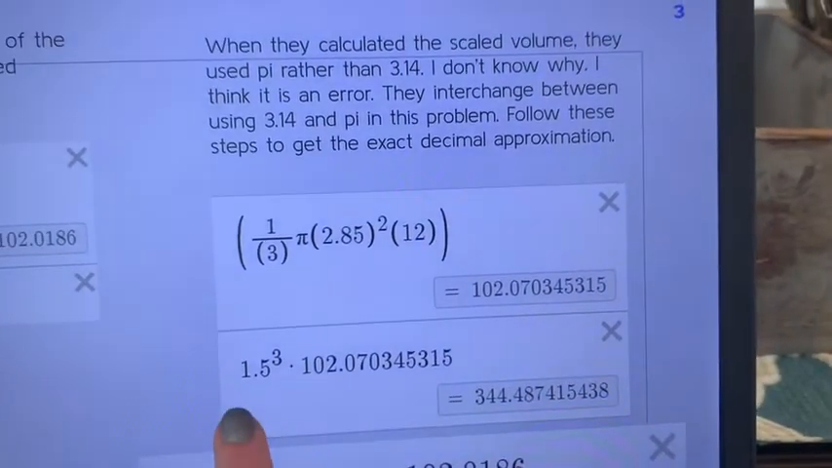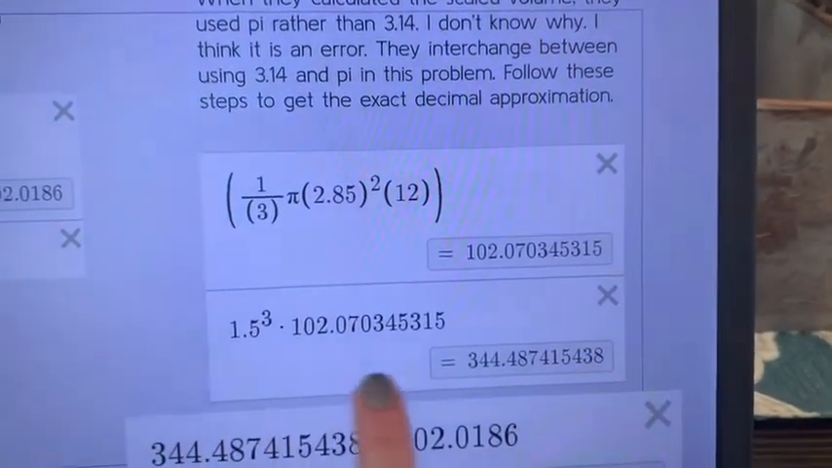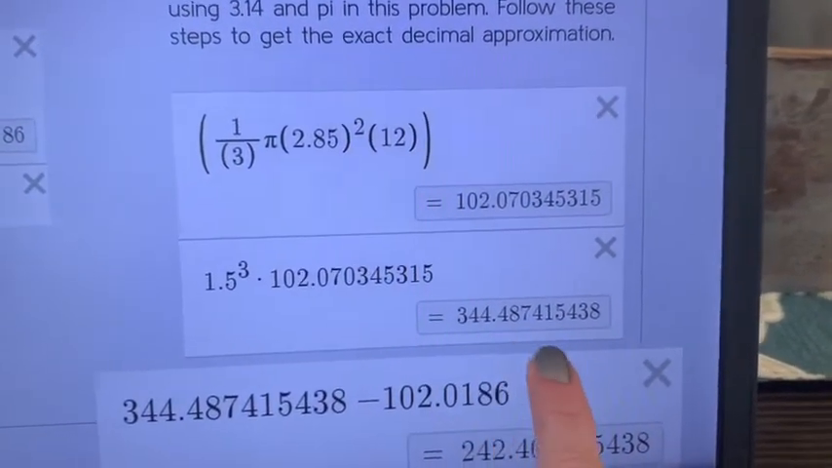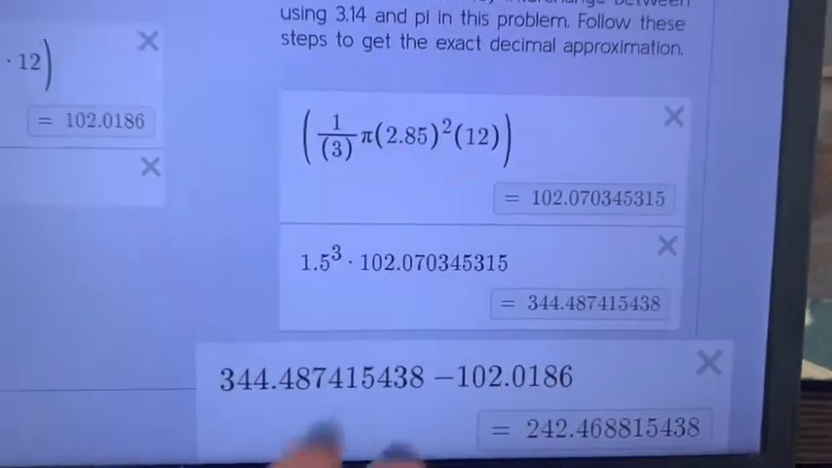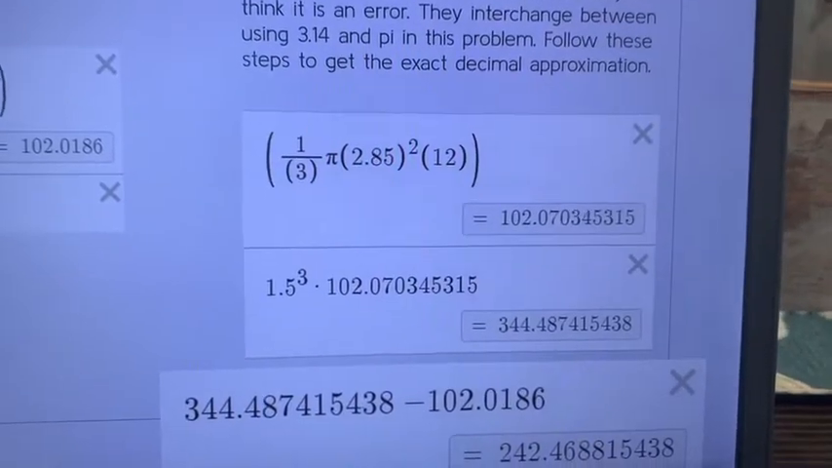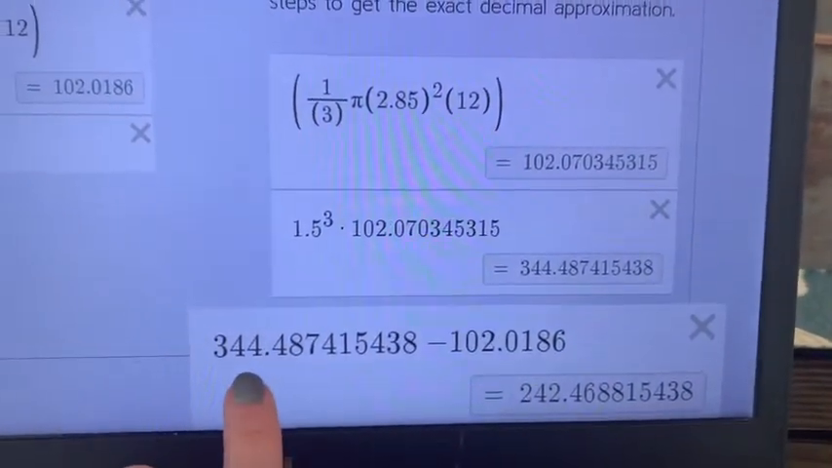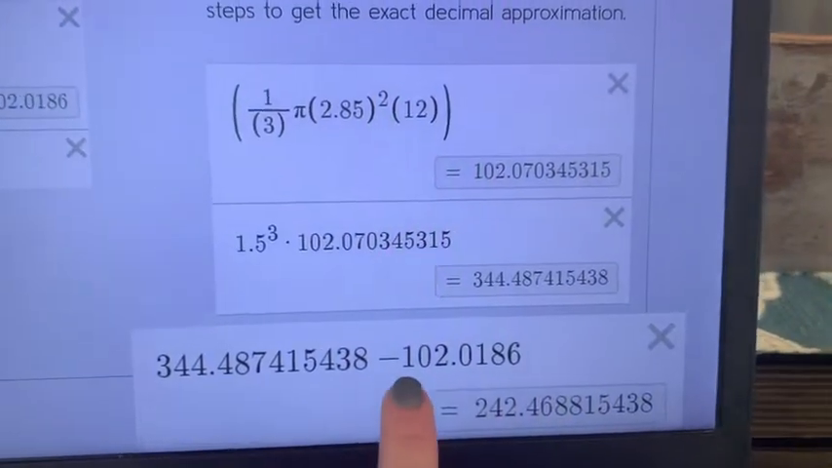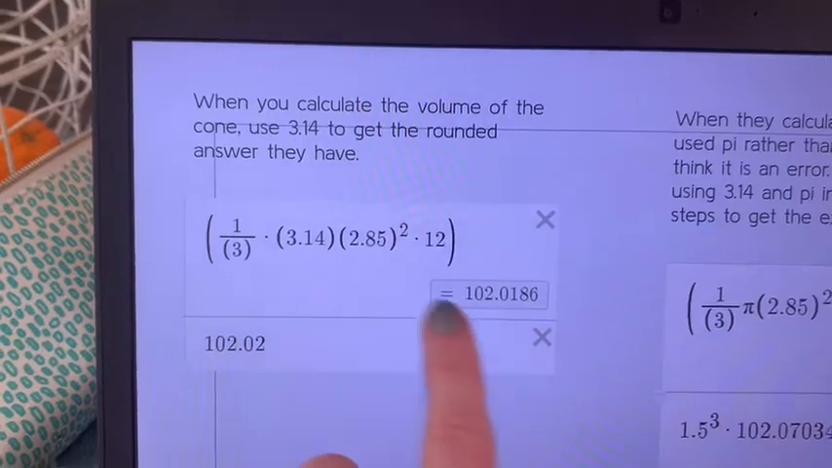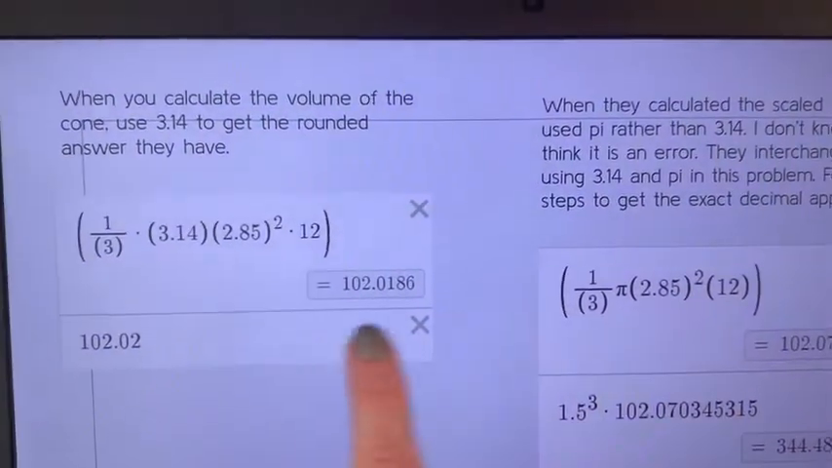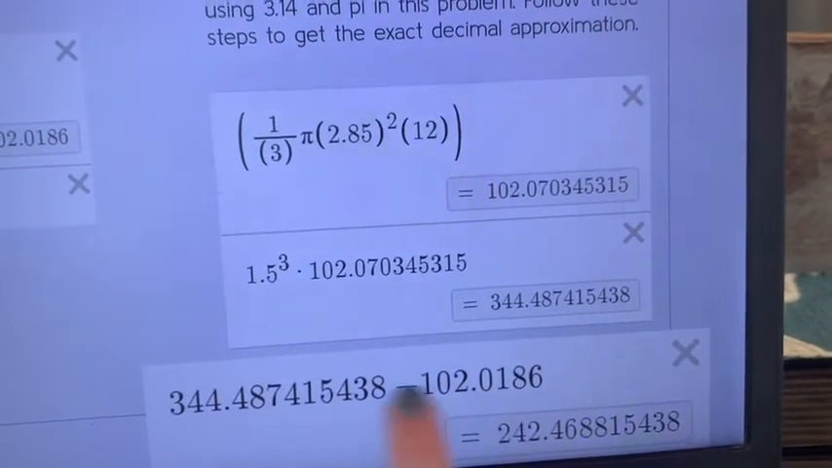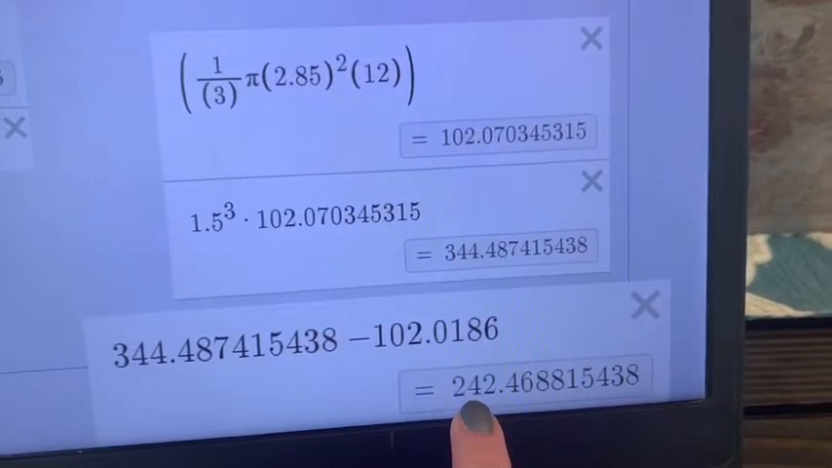We're going to multiply it by our scaled number here, and then this becomes our new volume. So I kept all the decimals. Now we want to find the difference between the new volume and the original volume. When they calculated that, they used this new volume and then subtracted the original volume that was using 3.14 rather than this one over here. Okay, so this finds a difference. This is our new volume, this is our original volume. That's the difference, and the answer is